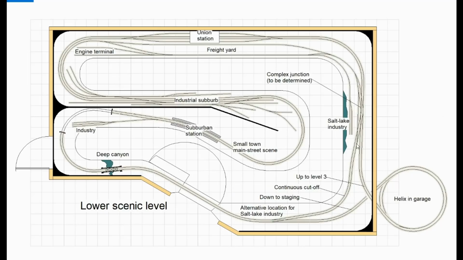Here is the lower scenic level with most of the track roughed in, showing how he gets his 4-track Union Station behind the freight yard in front, the engine terminal that he wanted, and a good-sized industrial suburb. He wanted multiple passenger stations,